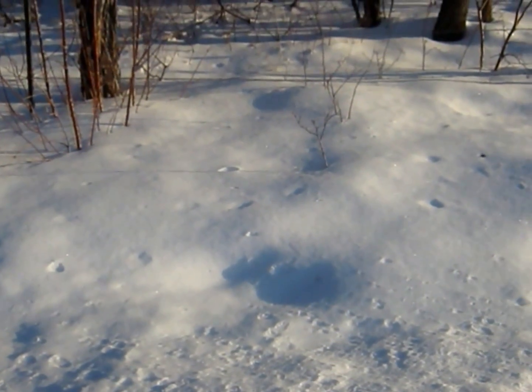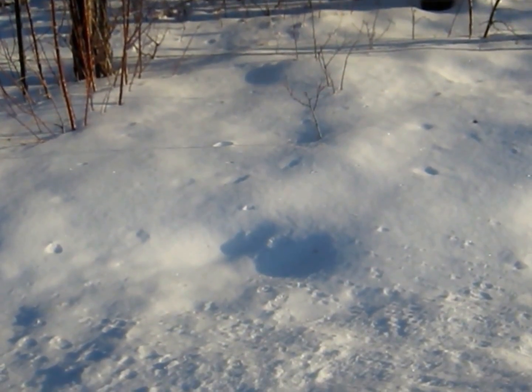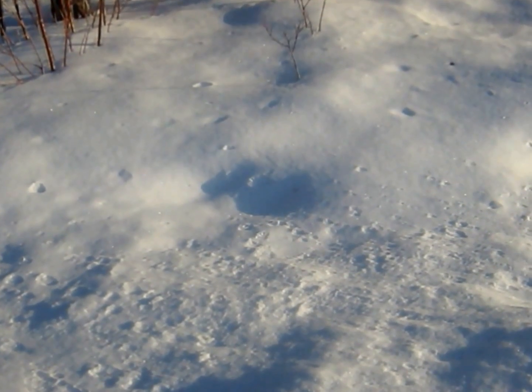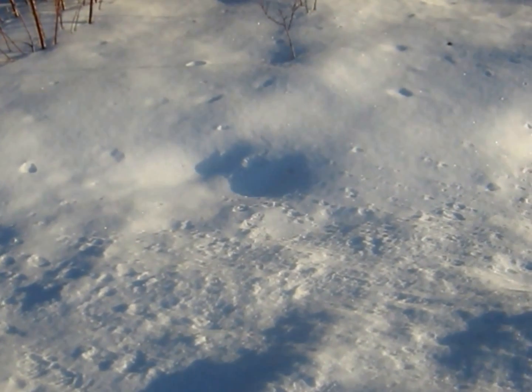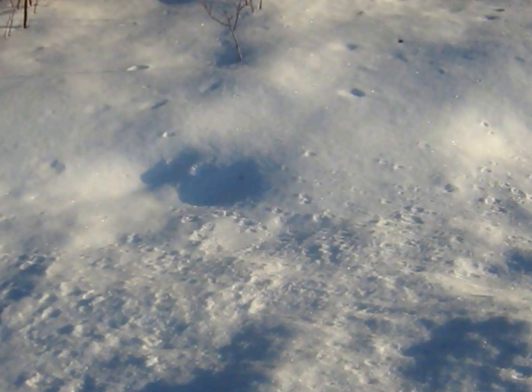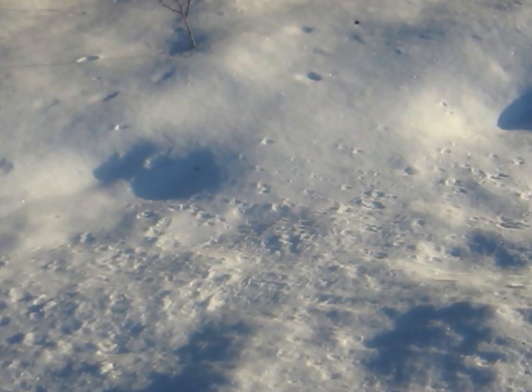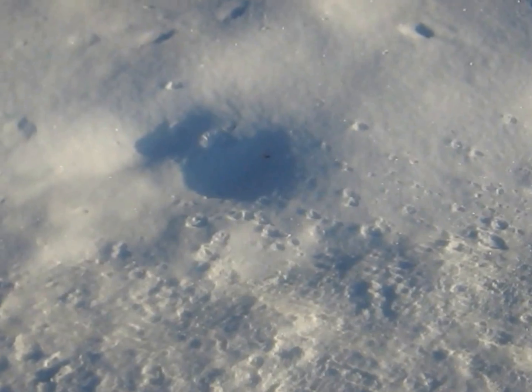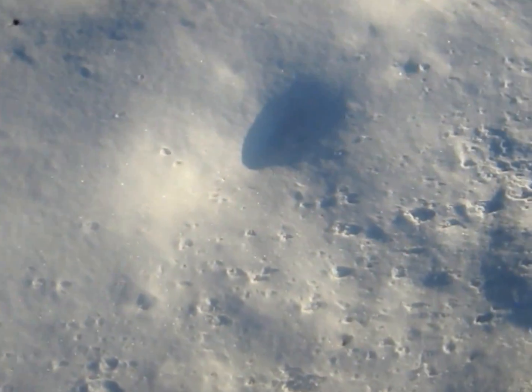Okay, yesterday me and my brother were out here fishing at South Fort, and we got out of the river and I realized there were these huge tracks that were really far apart and next to each other, and it's just really odd. Let's see, there's one right there, and then one right there, and they just go right in front of each other. It snowed a little bit, so it kind of covered them up, but let me show you the track. If I walk next to them, you can see